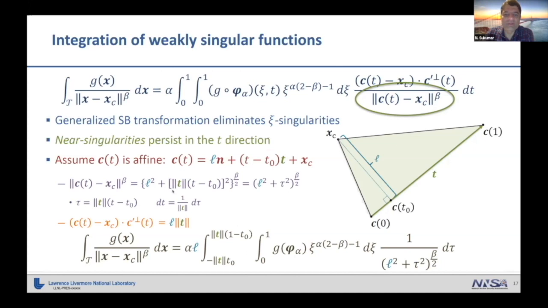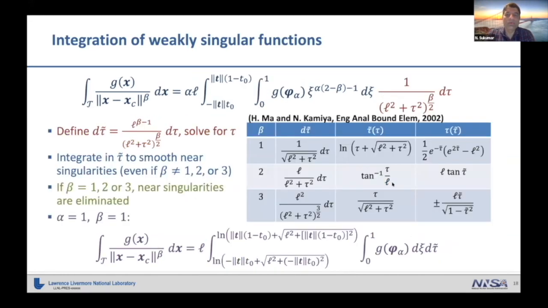I'll skip the derivation here, but it's just the basic steps. If xc is the singularity, but xc is very close to this edge, then in the neighboring element there could still be an issue of how you do the integration accurately. Therefore, even on this edge there will be a near singularity which arises, and that needs to be taken care of. We apply the transformations, and you end up with this integral here,